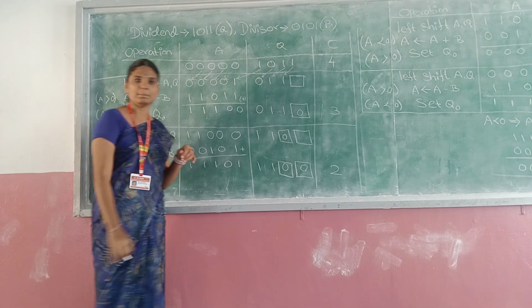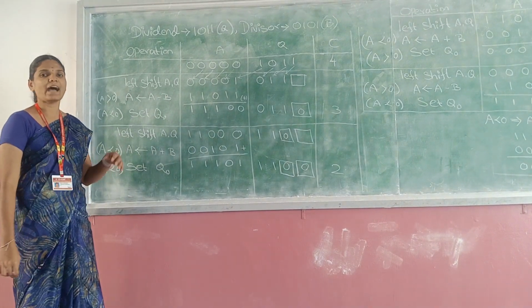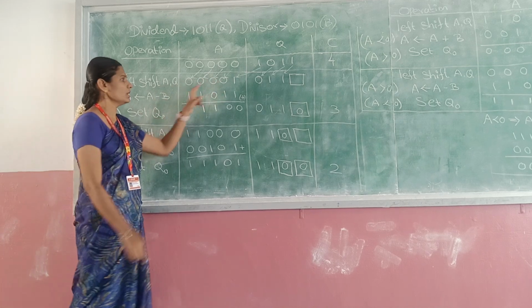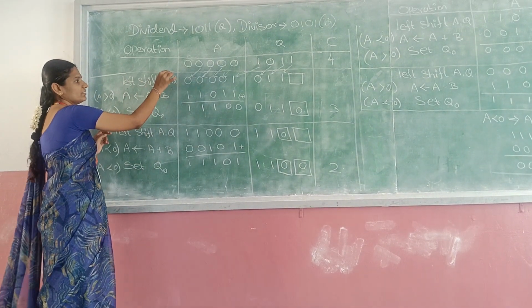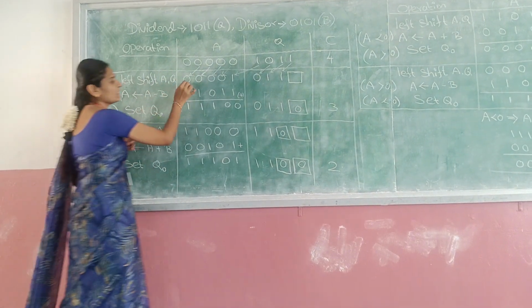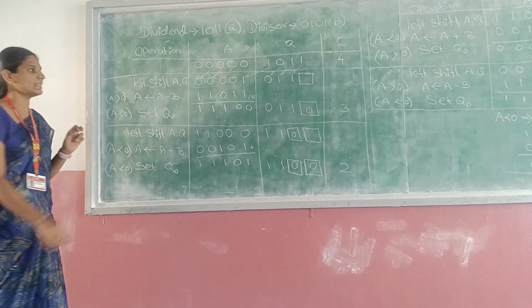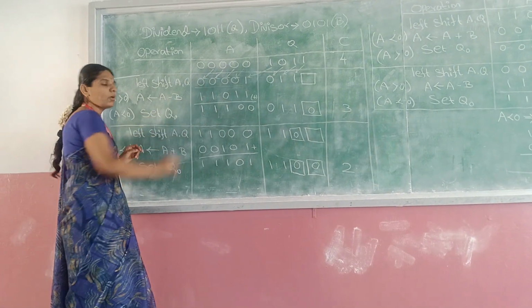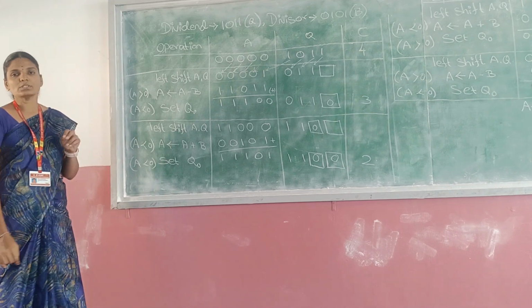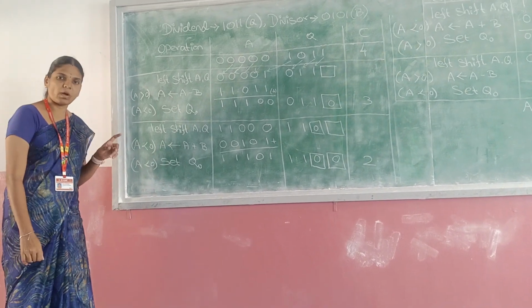This bit value will be left empty, which has to be decided after performing your operations. So first I have completed my left shift. Then I have to check whether my A is a positive number or negative number. We have already said that if the sign bit is 0, it is a positive number, and if the sign bit is 1, it is a